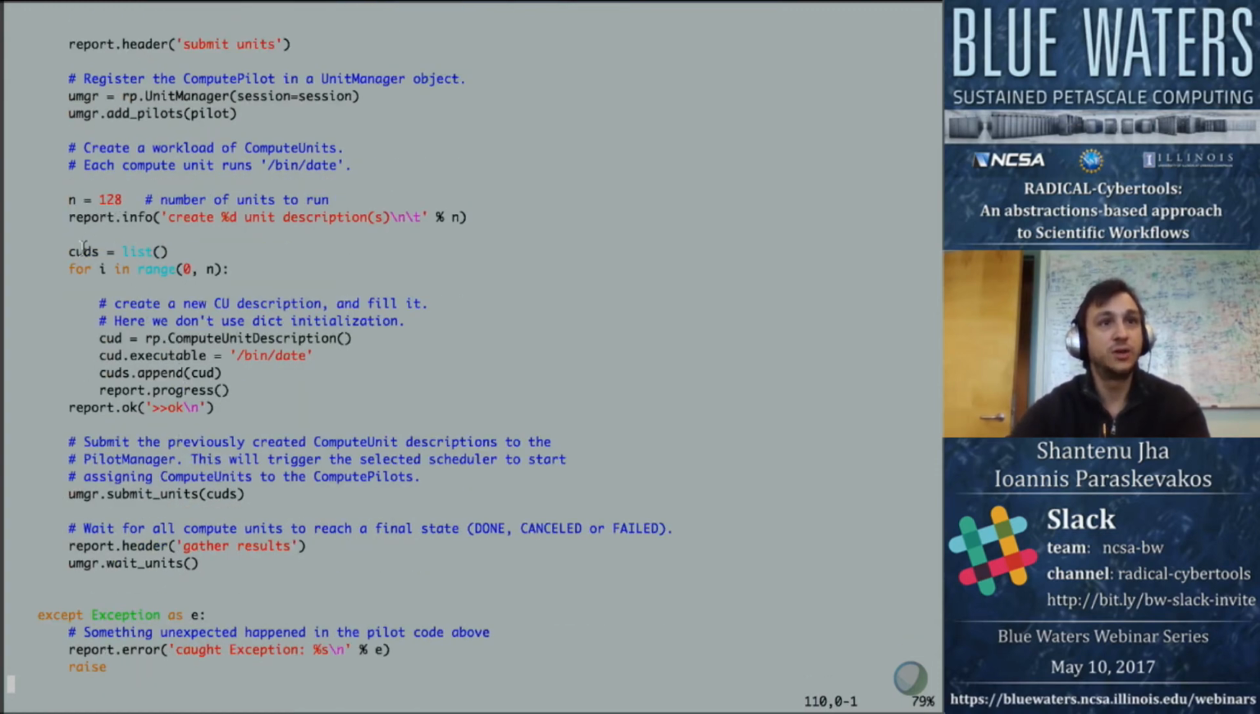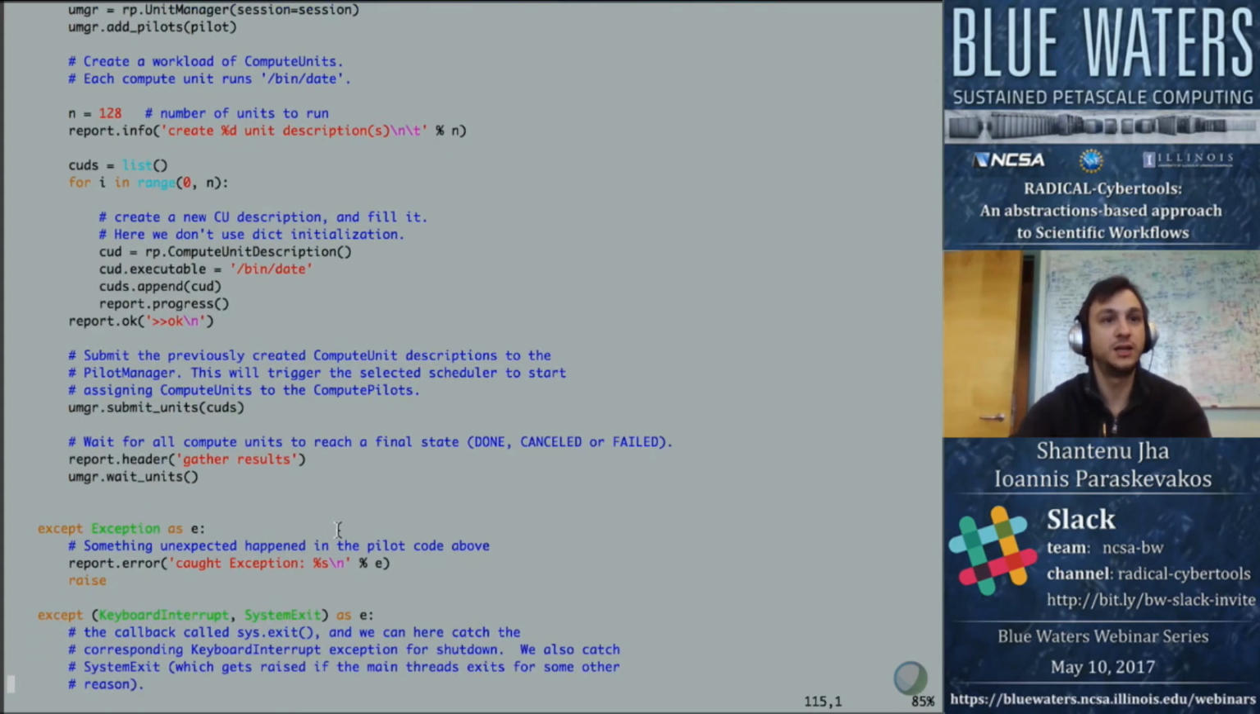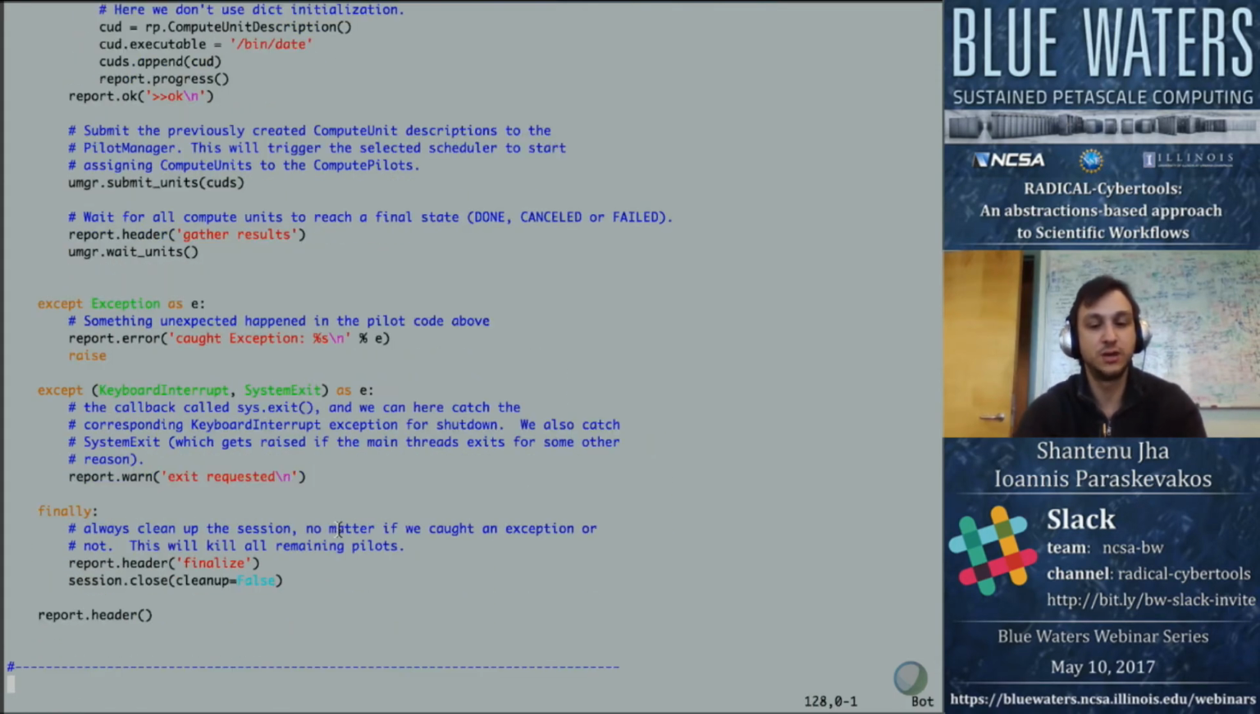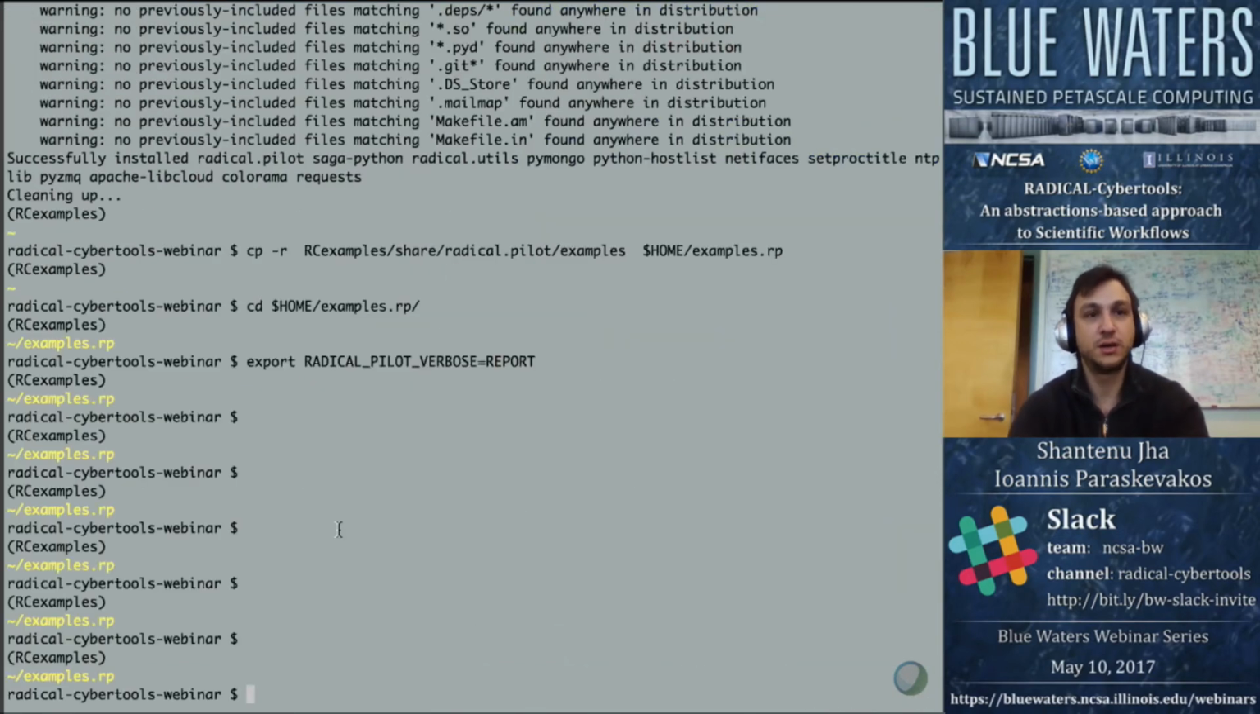And as you can see in this for loop, we create the compute unit description, the description of the tasks. The executable is a bin date. We don't have a cores attribute because it defaults to 1. And after that, we submit the units, wait for them to finish the execution, and in the end, we close the session. And if I execute that,